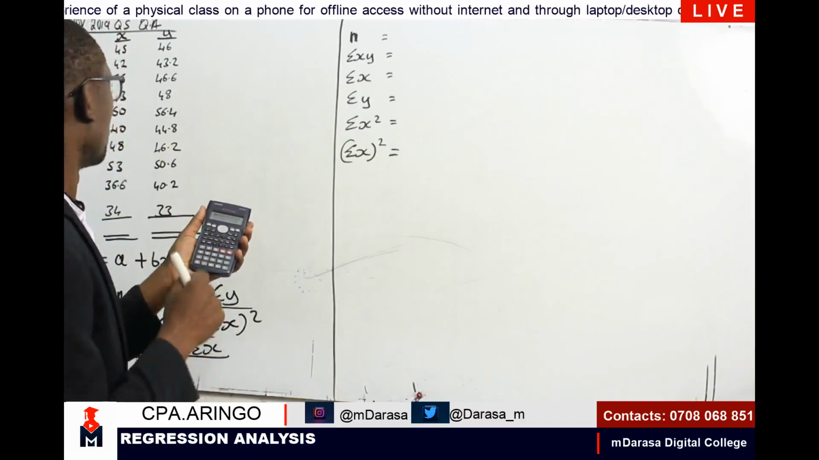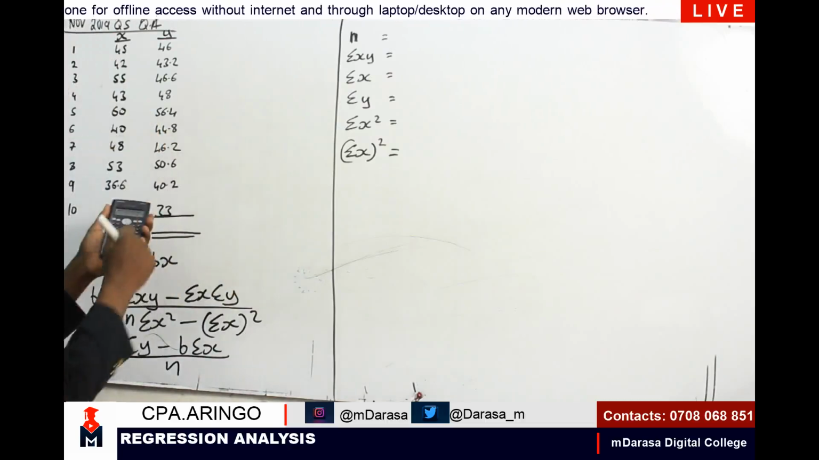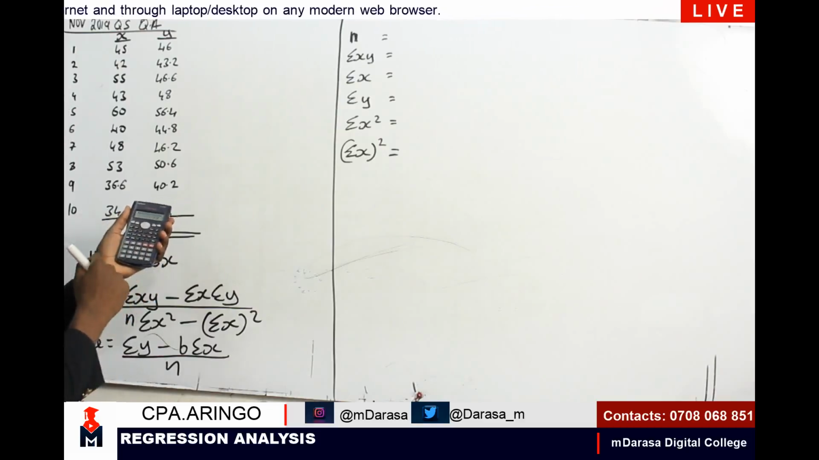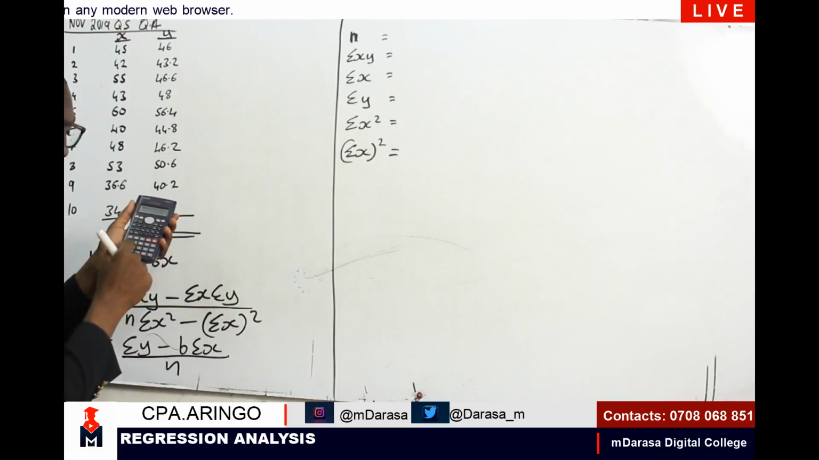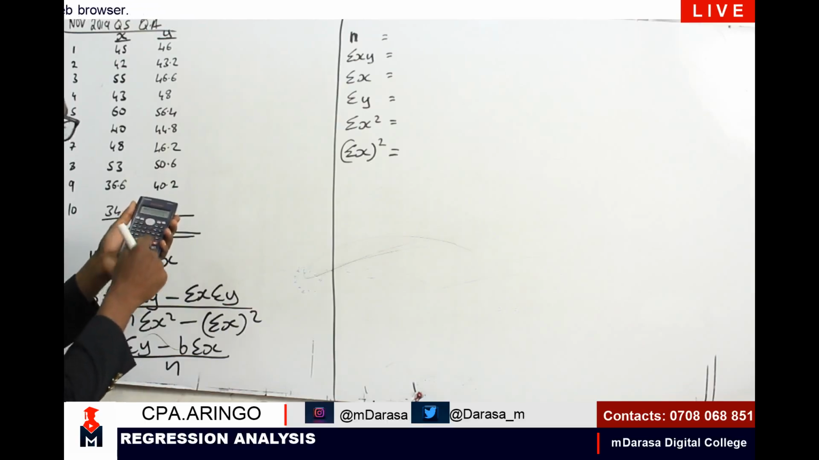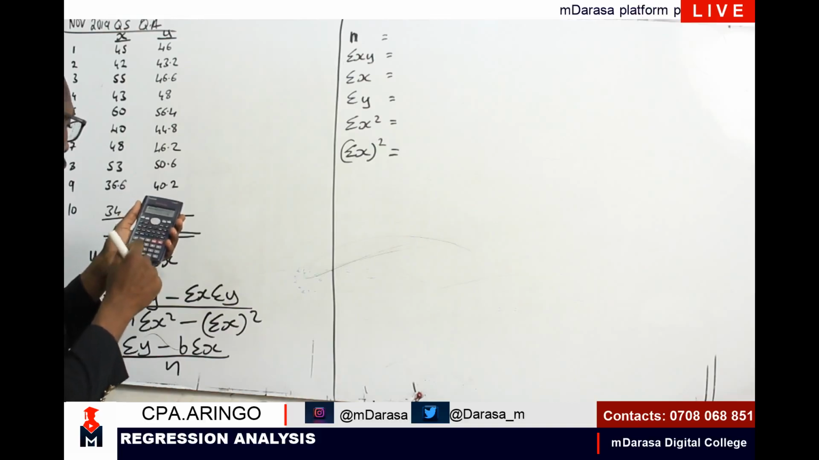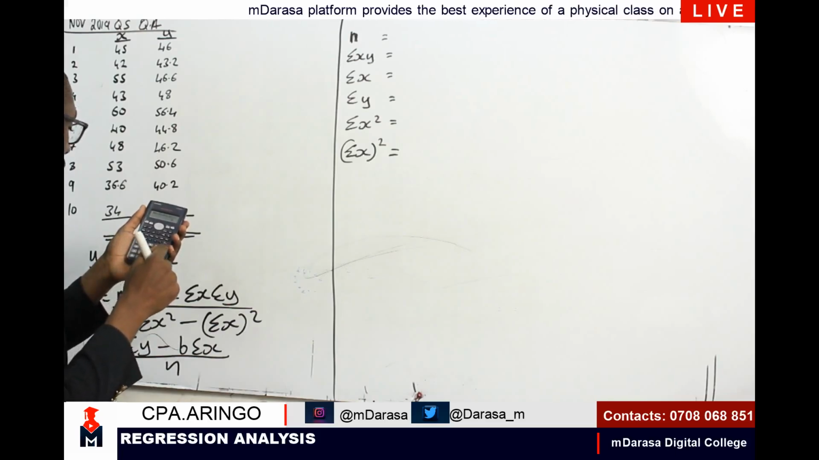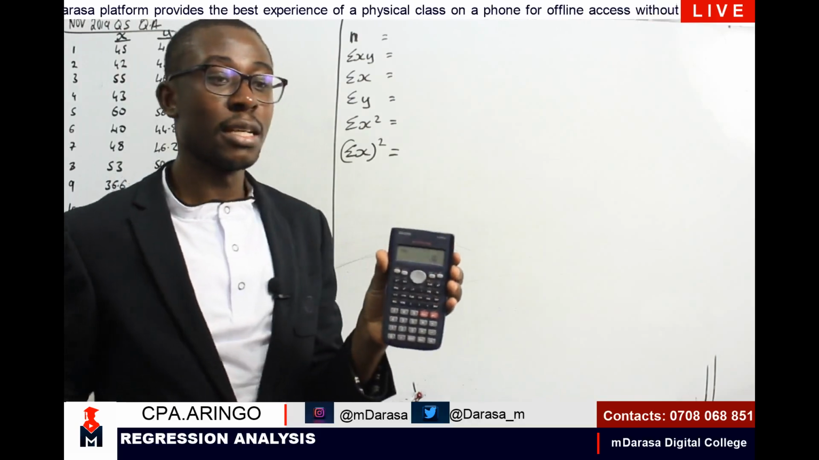M plus. 42, comma, 43.2, M plus. 55, comma, 46.6, M plus. 43, 48, M plus. 60, comma, 56.4, M plus. 40, 44.8, M plus. 48, 46.2, M plus. 53, 50.6, M plus. 36.6, 40.2, M plus. 34, 33, M plus. So you can clearly see that my n value has given us